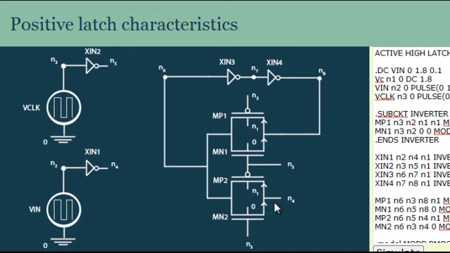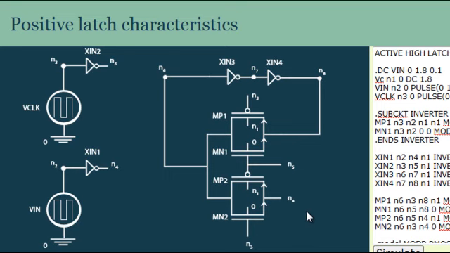We know for a 2x1 multiplexer only one of the inputs flows to the output, and it depends on the value of the select input, which is N3, and its inverted version is N5. So during the positive level of the clock signal, that is when N3 is at high state, the lower transmission gate will be in the on state and the top transmission gate will be in the off state.